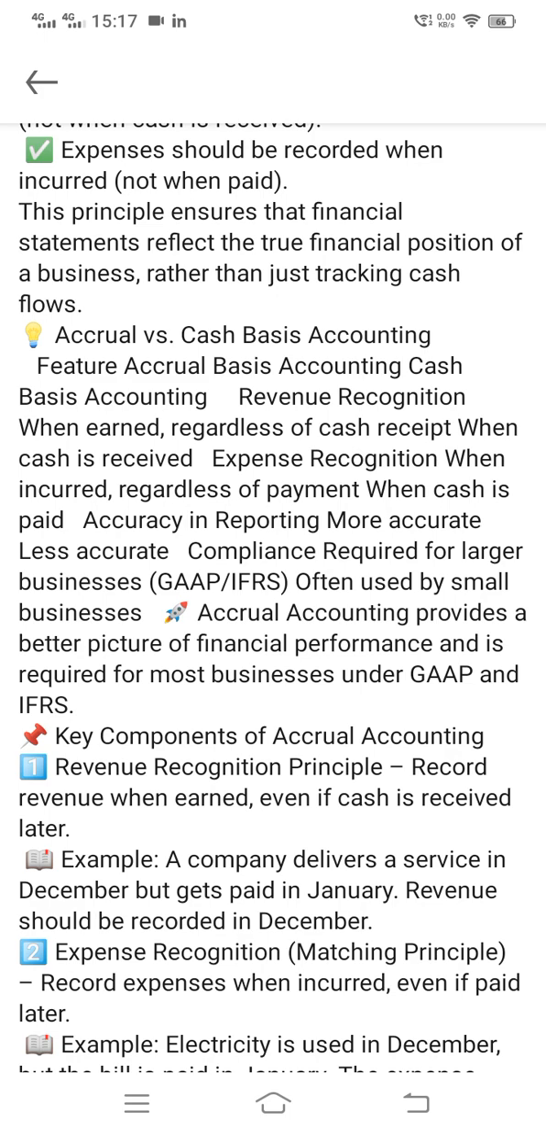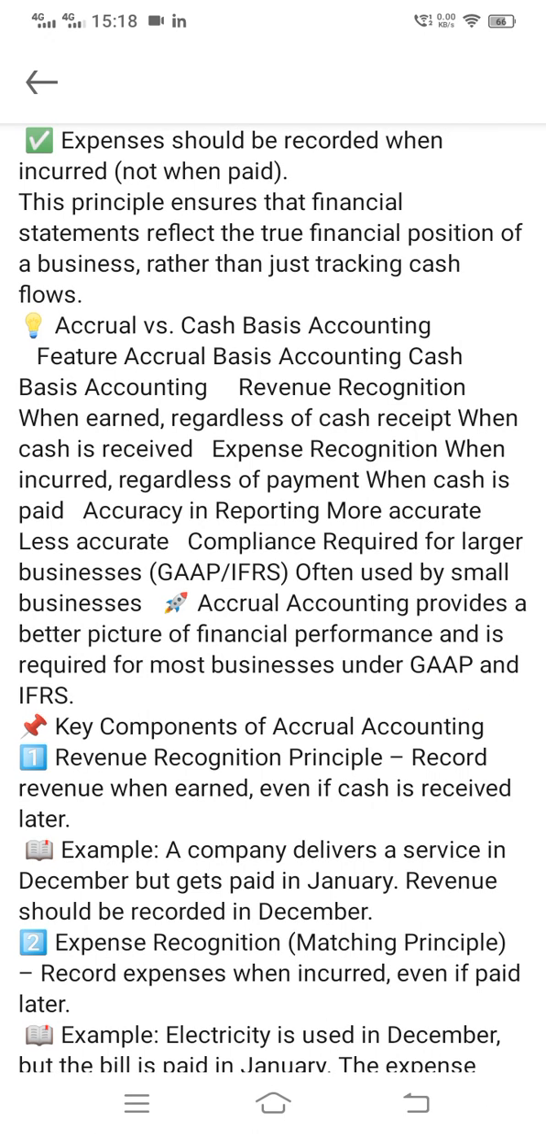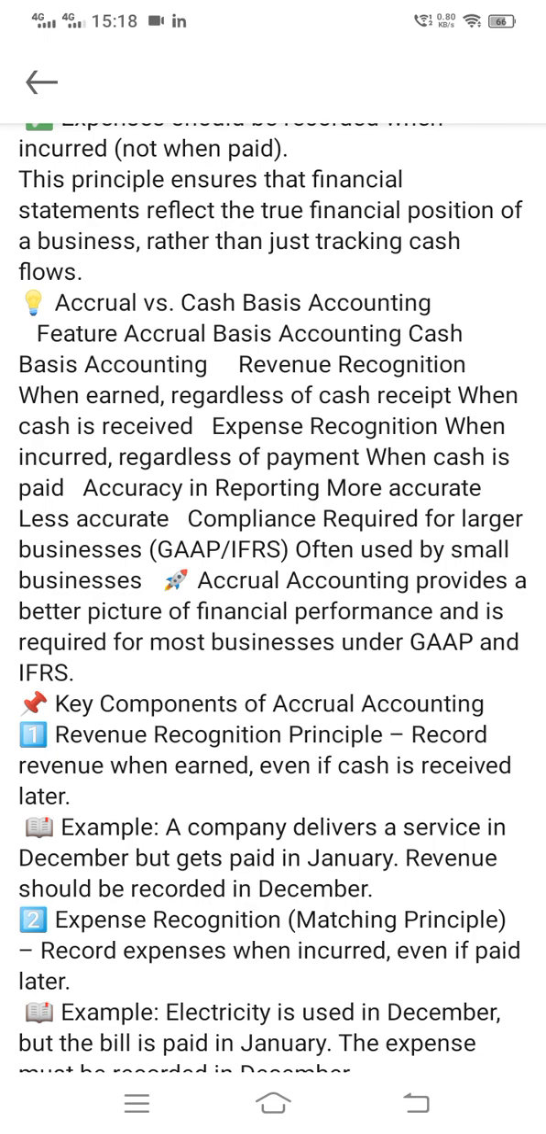So I was saying that expense should be recorded when they are incurred, not when paid. So we'll discuss an example. A business uses electricity in December 2024 but pays the bill in January, and the expense must be recorded in December itself because of the accrual concept again, and our transaction will be electricity expense account debit